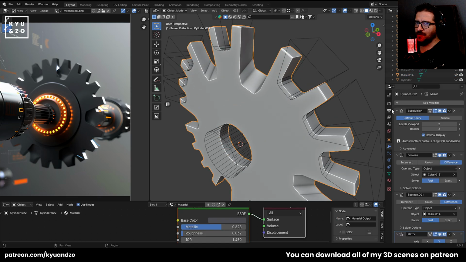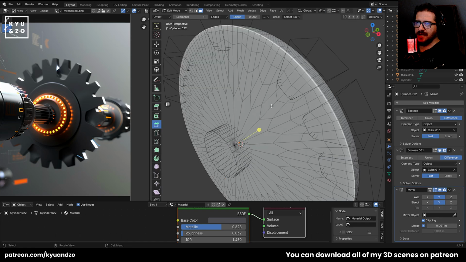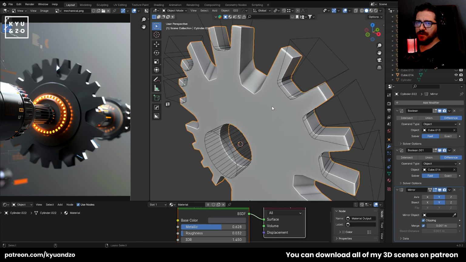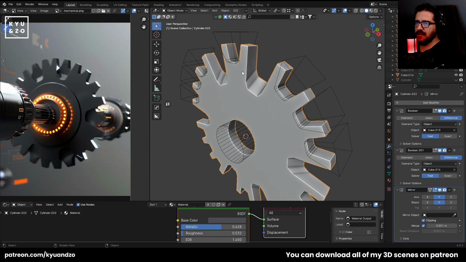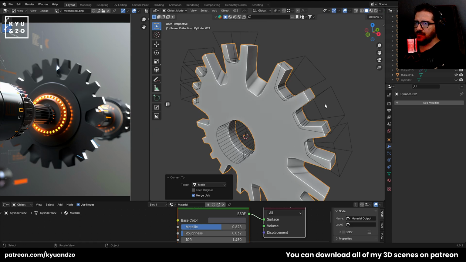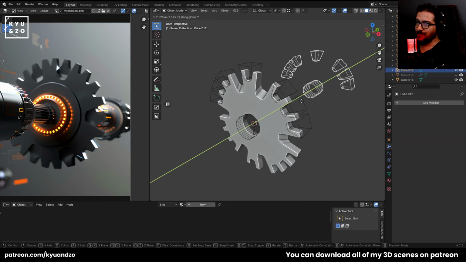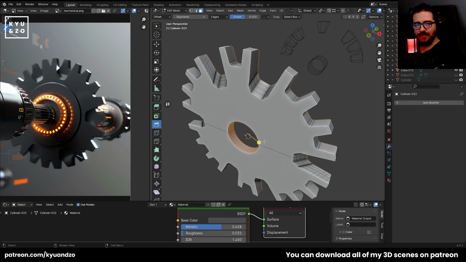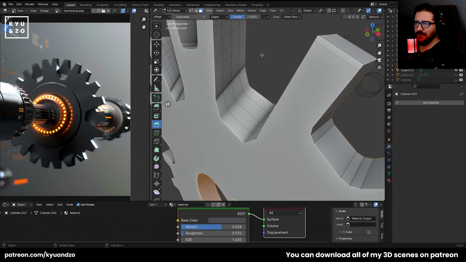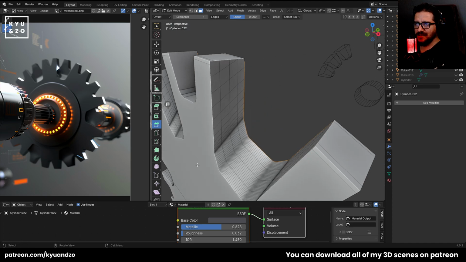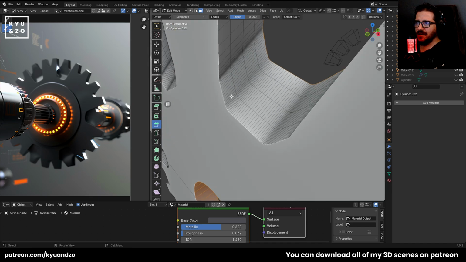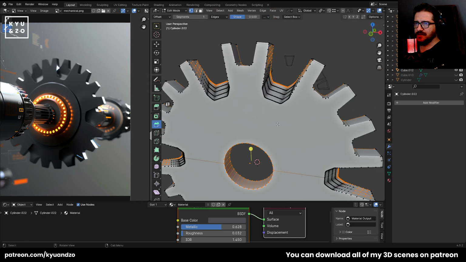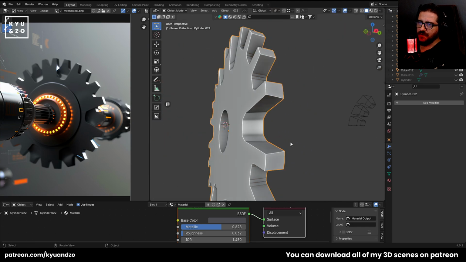Okay, no. If you apply subdivision here, you're gonna have this shape. If you cancel subdivision, and look at this, now you're gonna have mesh. Don't forget that. Now you're gonna have a little bit less edges to deal with. Okay, so as you can see, we have tons of problems to fix, but